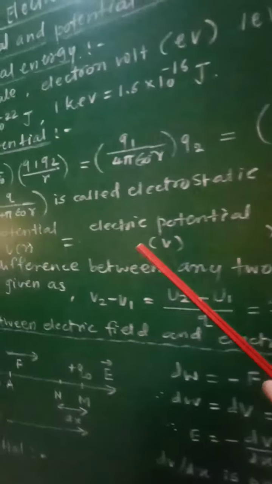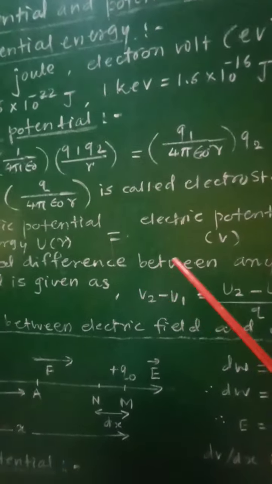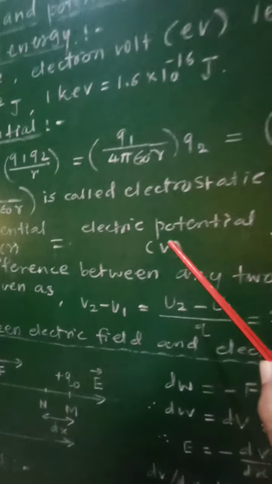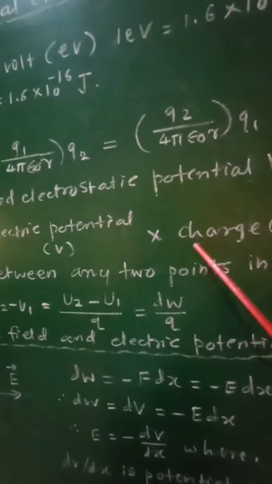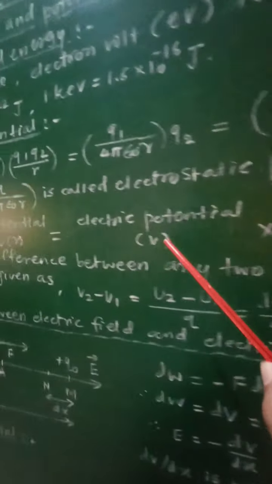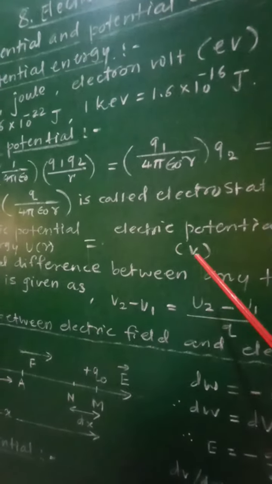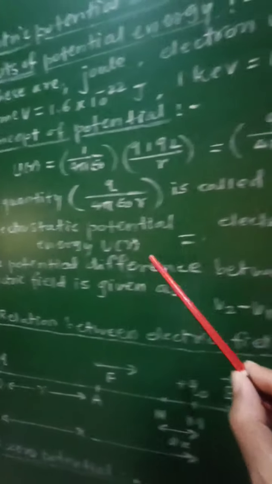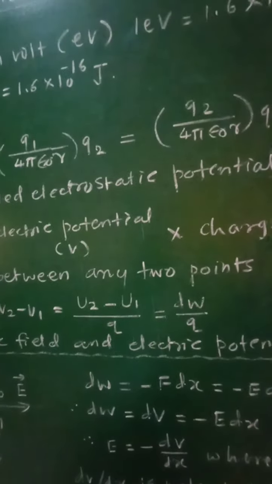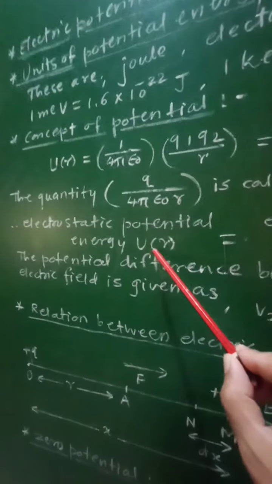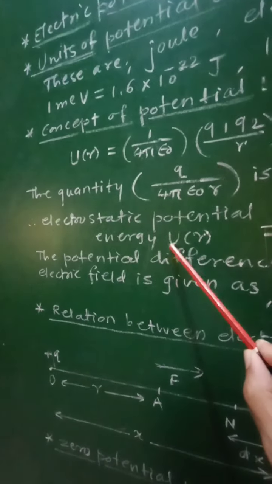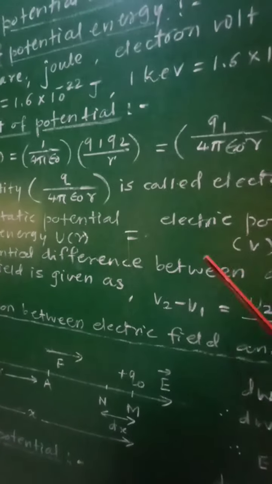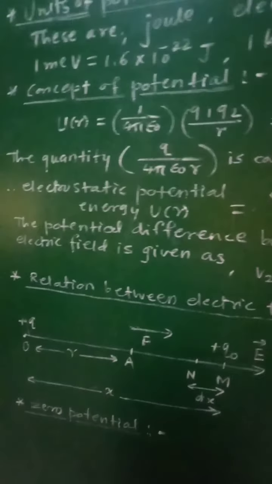So electrostatic potential energy is equal to the product of electric potential phi and the charge q. From this relation, this electric potential will be the electrostatic potential energy U per unit charge q. The charge will get divided here to this electrostatic potential energy, and that will be the electric potential. And therefore,